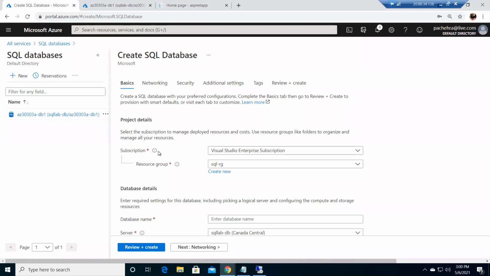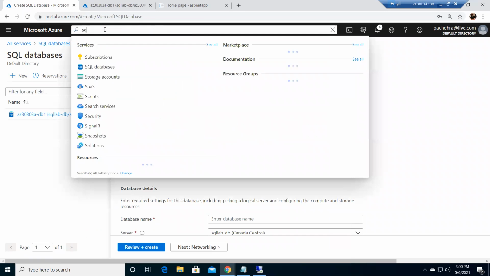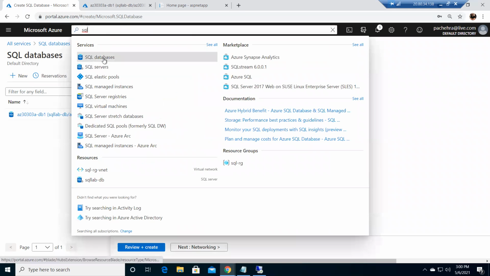Now, before I go and create it, I just want to tell you there are three options for Azure SQL database. If I search here, you'll see we have Azure SQL database. This is the PaaS service. We need SQL Server to place the database. We have Elastic Pool, which is also a variation of Azure SQL database, not exactly a variation, but we can put all the SQL databases inside a pool and assign a particular amount of vCore storage and